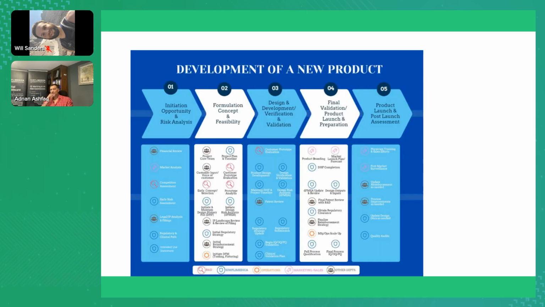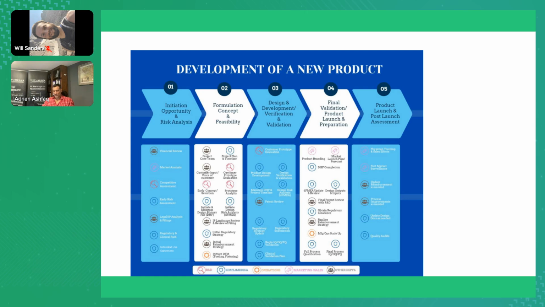So this slide that I'm showing here is a development of a new product, and most of you will be familiar with something similar to this, which has maybe 4, 5, or 6 different phases or stages of the life cycle of the development of a new product.